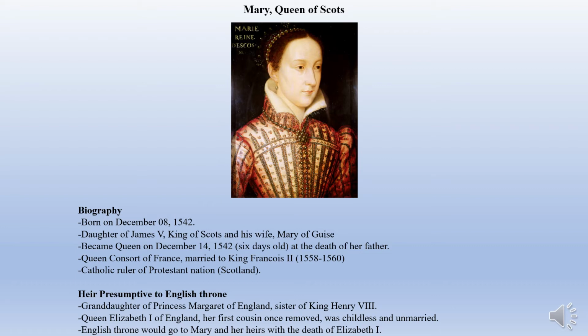Now, what happens is that the Catholics on the mainland want to return England to Catholic rule. So they decide they're going to try to get the English to lead a coup. And if that doesn't work, they will invade England themselves. They will take Elizabeth out, and they will put Mary on the throne and bring the Catholic faith back to England. Well, Elizabeth I finds out about this. She has her put on trial for treason. She's sentenced to death, but Elizabeth refuses to sign the death warrant. She just keeps saying, I can't do it, I can't do it, I can't do it.